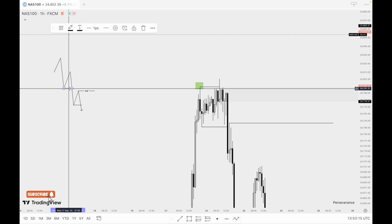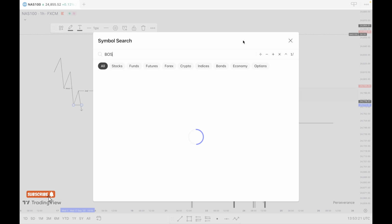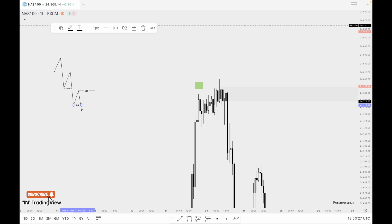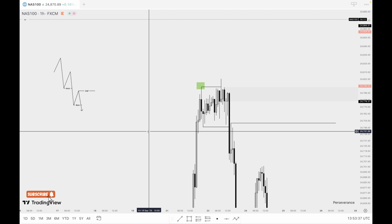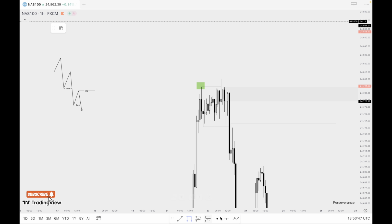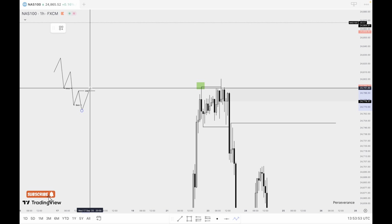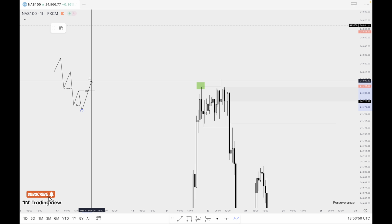Here you have your market structure shift. Confirming the market structure shift, you have your BOS. You have your breakout structure, BOS. Now, what that statement means, that it has to trigger a market structure shift. Now, there is a market structure shift and there's something that triggers it, which means the point of interest has to be inside this level. If you are going to sell the market, this level here is not your point of interest. It is the point of interest, which means the order block or breakout block inside the point of interest, because that is the point of interest